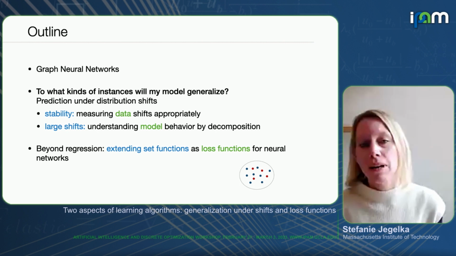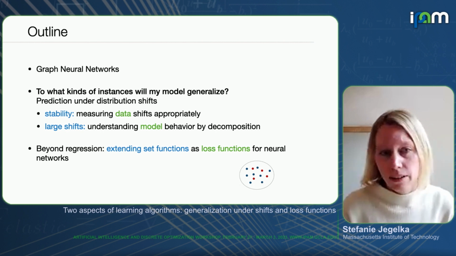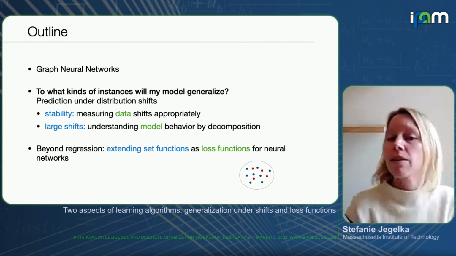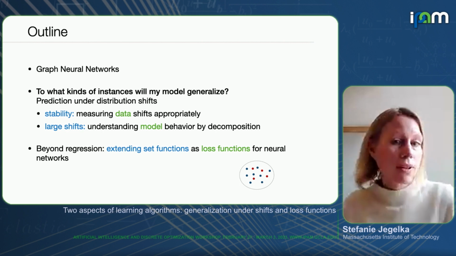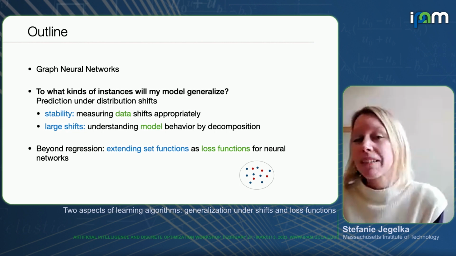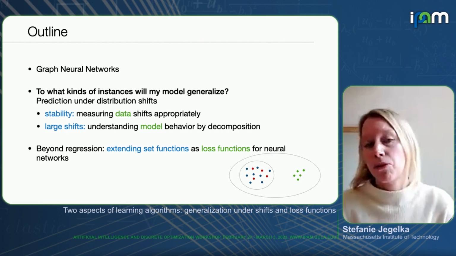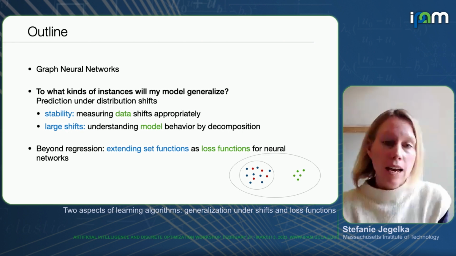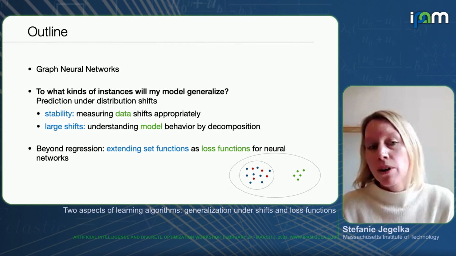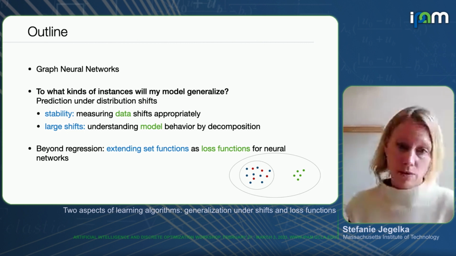And this is the question about, to what extent does my model actually generalize to other instances? So let's say in the graph case, I've trained it on graphs of a certain structure. What if I change the structure of the graphs? What if I make the graphs bigger or smaller? And it sees graphs that look a bit different from what it has seen in the training set. So this is essentially a setting of data perturbation. Now this can happen at a small scale, where the distribution is just a little bit different. Or it can happen at a really large shift, like suddenly my graphs are much larger, for instance.